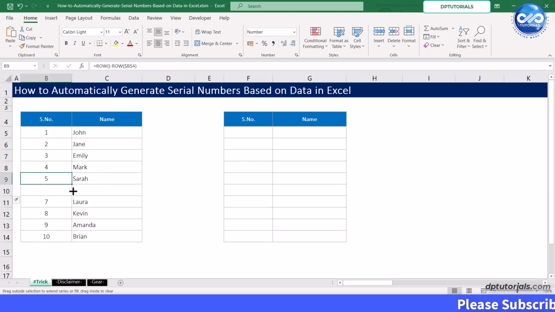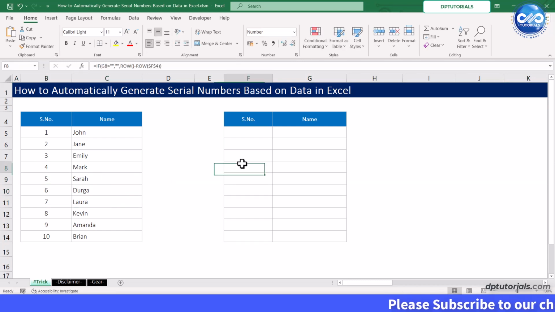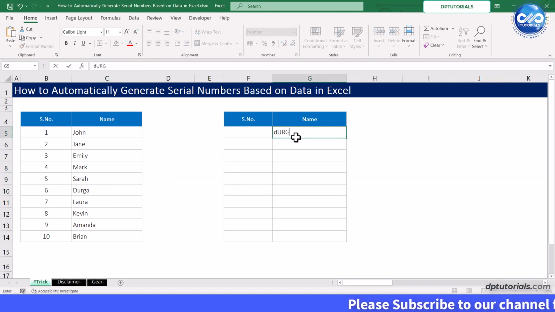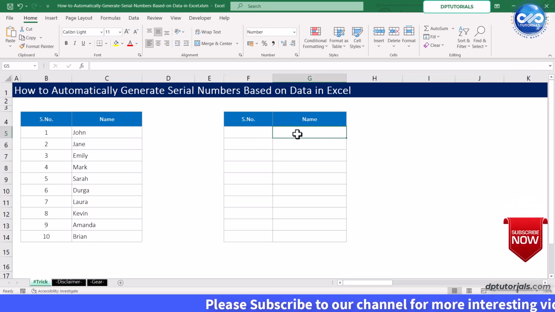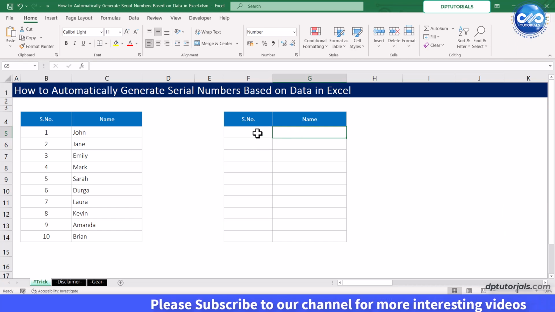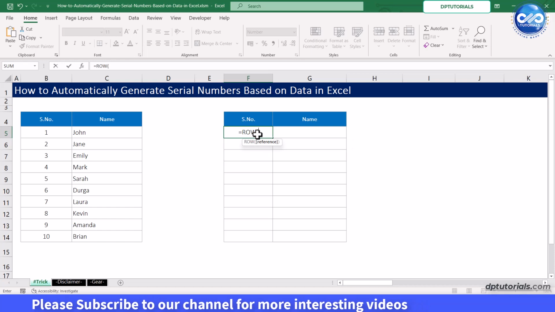And now let us see how to automatically generate serial numbers. Like in this adjacent table, when I enter data in cell G5, I want the serial number to be automatically generated in cell F5. Enter the formula in F5 as equals, repeat the same formula, ROW(),